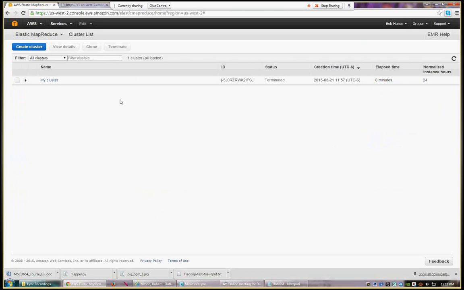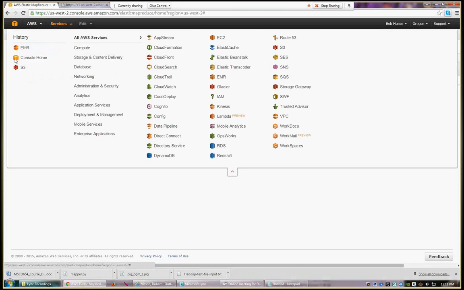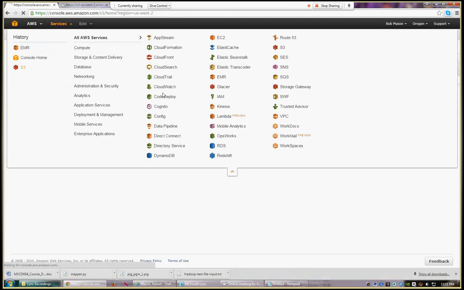So in order to run our programs, what we do is we create a cluster. And you can see I already have one cluster that I've used today. And now we're going to create another cluster. Now keep in mind, I'm just going to bounce back real quick to services. I'm going to click on our storage,